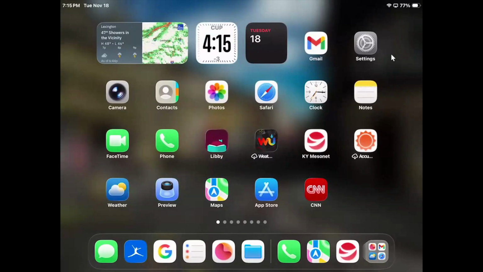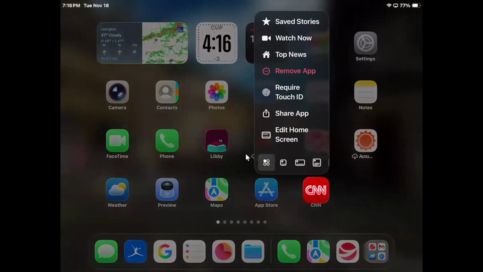Okay, so that's the way you generally add widgets to any of those screens. The other kind of neat thing is that on the home screen, if the app has a widget, you can actually change an app to a widget. So here is CNN down here. And let's say I want that to actually be a widget. I can just press on it